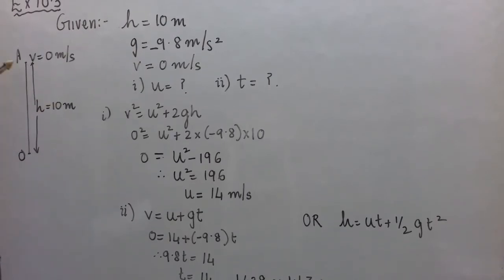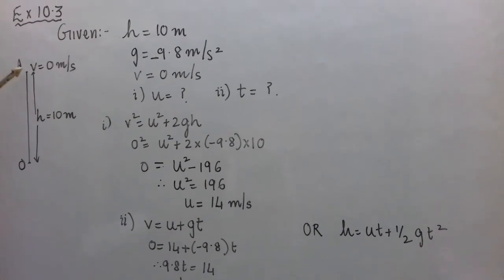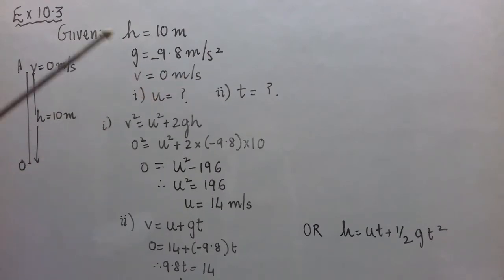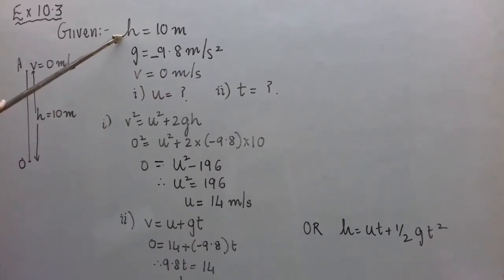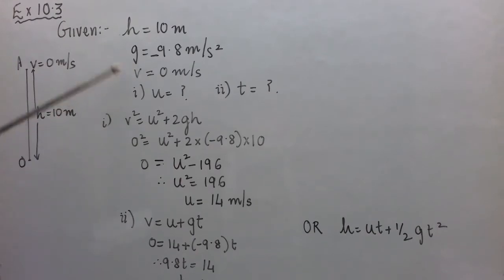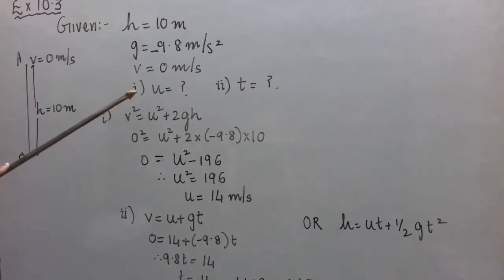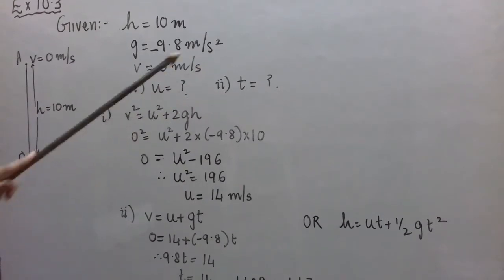Now at this position A, when the body moves upwards, its velocity or speed decreases and it becomes 0 at the peak position. So at A, at the peak position, V is 0 meter per second. So only H is given directly. These two things we have written on our own from the knowledge that we have regarding this type of motions. We are supposed to find now U and t.